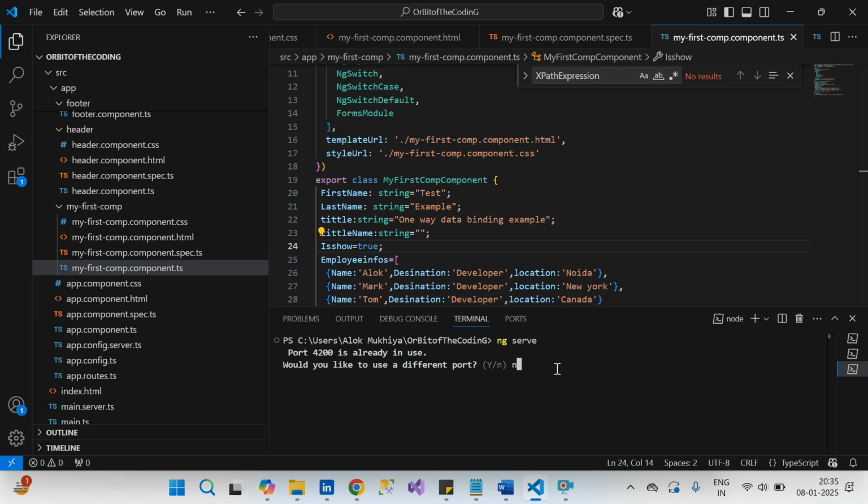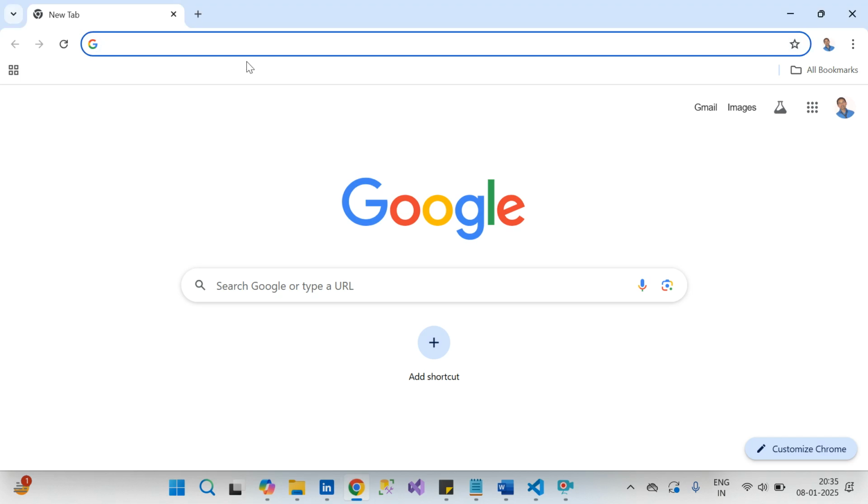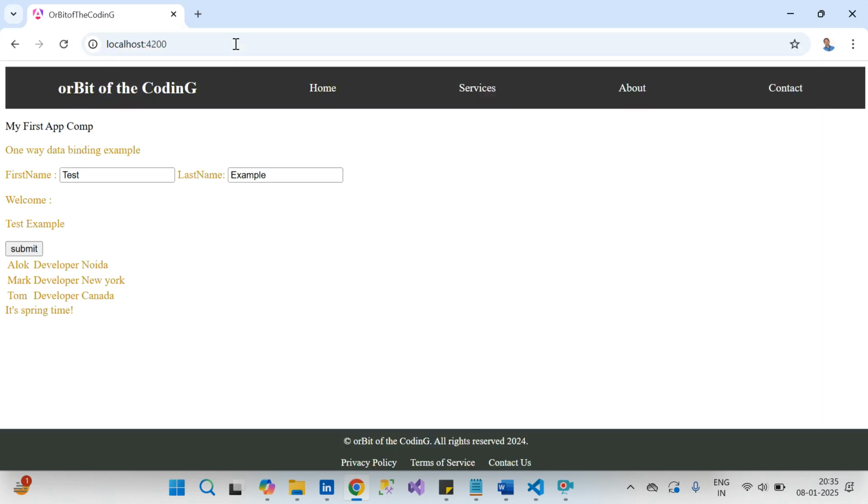If you want to use a different port, you can specify it, but I don't want to use a different port. Okay, so we can see that the port is already in use. So I can just open the local port. Yeah, here you can see that